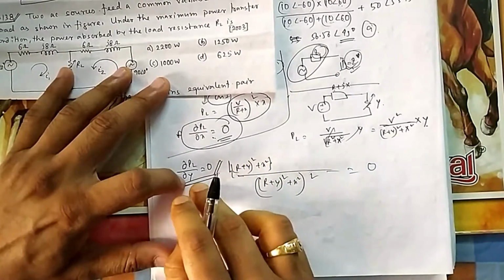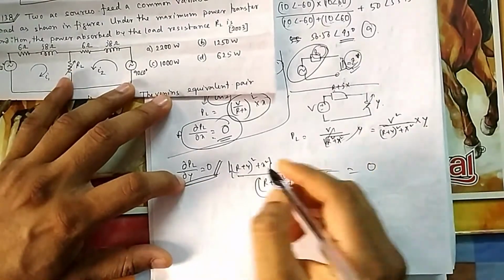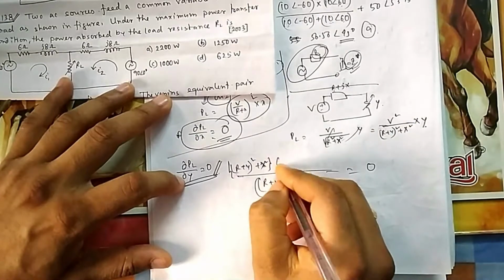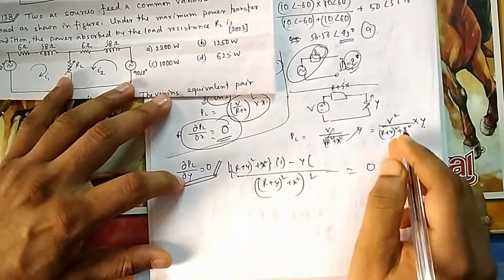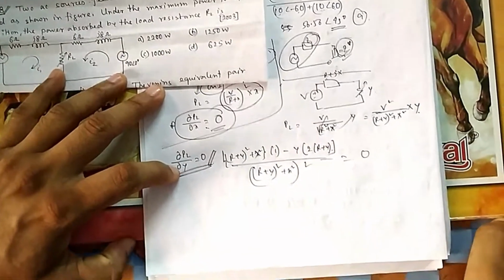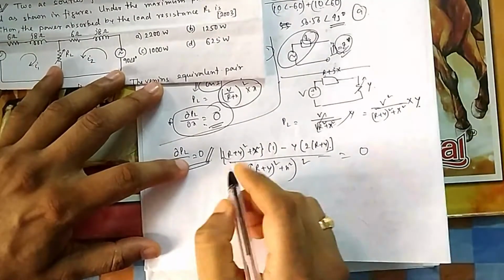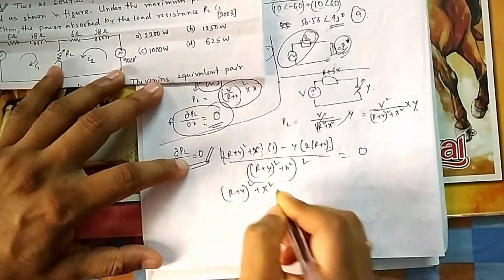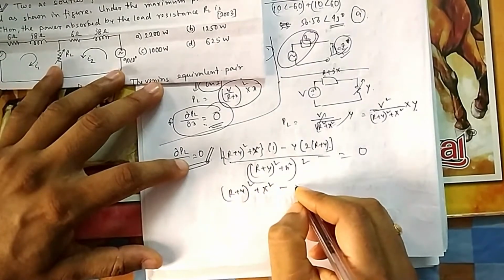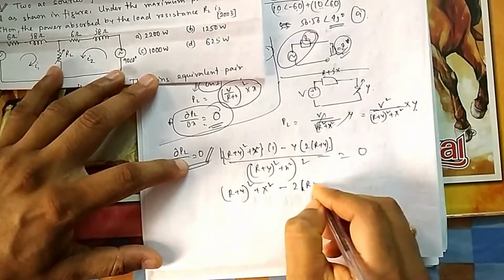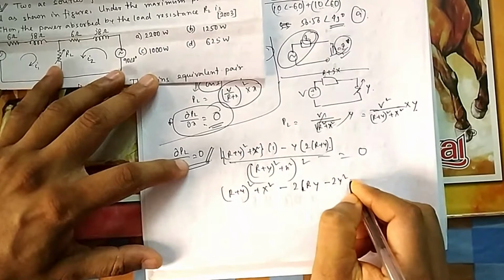With whom am I differentiating, with respect to what? With y. It is capital X here. So denominator constant, numerator y differentiation is 1, minus numerator constant times differentiation of this one, 2 into R plus y, X is 0. Okay, now if you do it, what we are getting is (R plus y) whole square plus X square